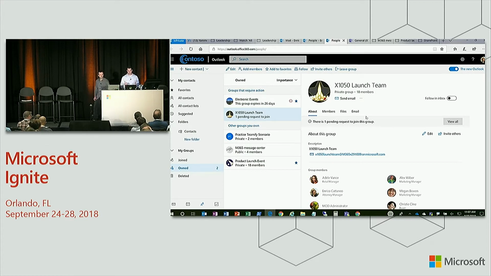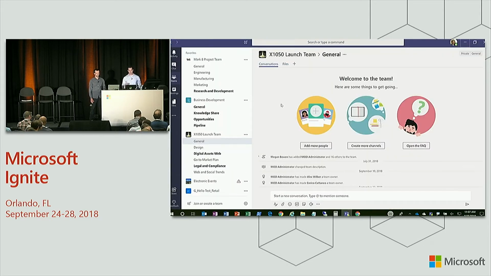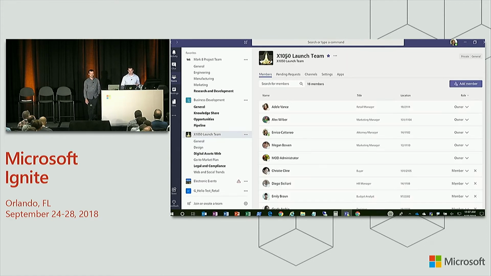Great. So one of the reasons the membership management is so important is that we're now collaborating with both people inside and outside of our organization. So I'm going to transition over to Teams for just a sec. Like I mentioned earlier, Teams this week announced they have guest access support from within Teams for other org ID users. So now, from within my Contoso tenant, I can click the group name here at the top inside my Teams experience to get to my membership management pane.